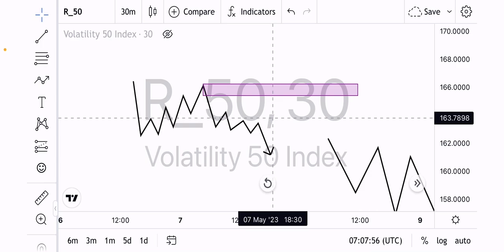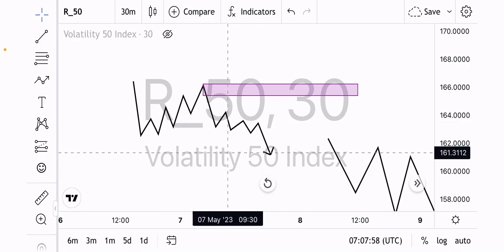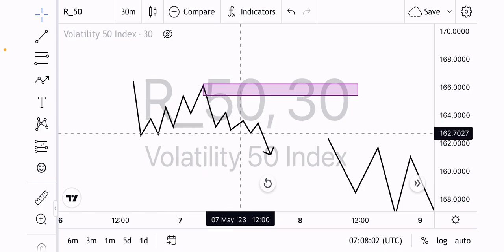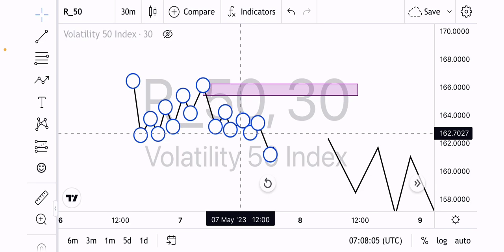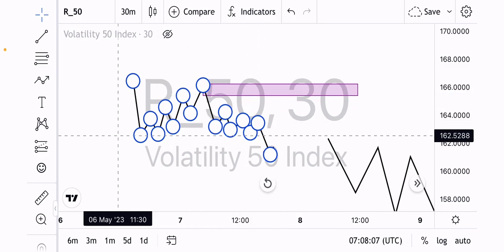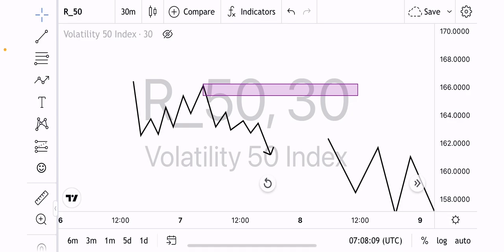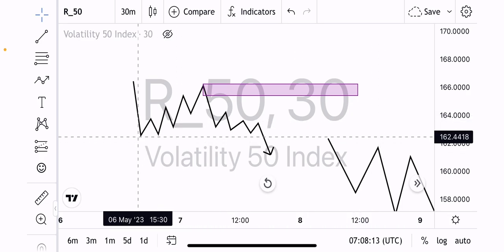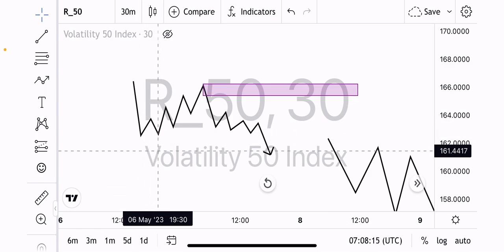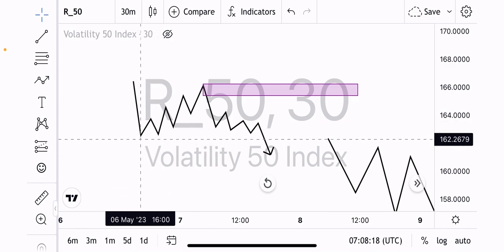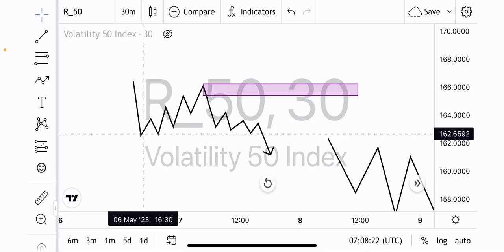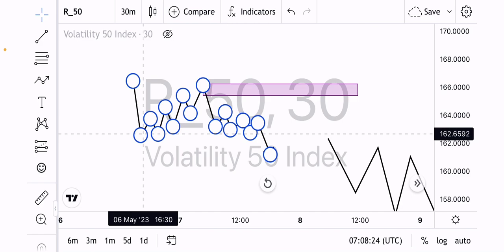I think I need to draw this more. Okay, the market was using this area. Now a lot of people are expecting the market to come back into this area before breaking this low. Remember, this is our external liquidity. We are in a downtrend, so this low is our external liquidity. Now, until we break this particular low, you are expecting the market to do a week to week mitigation.